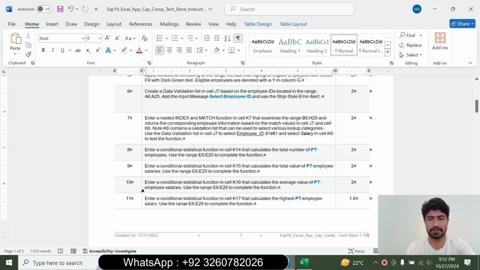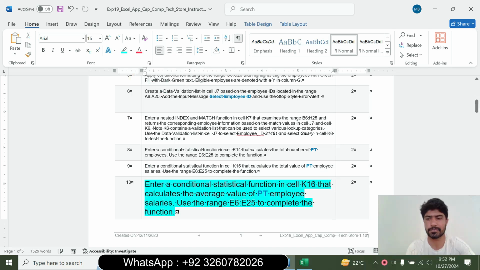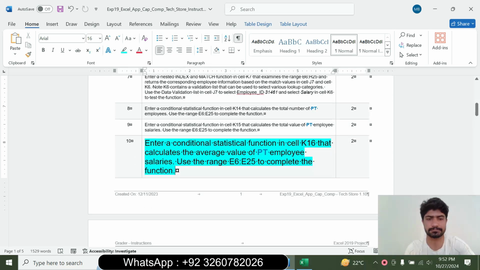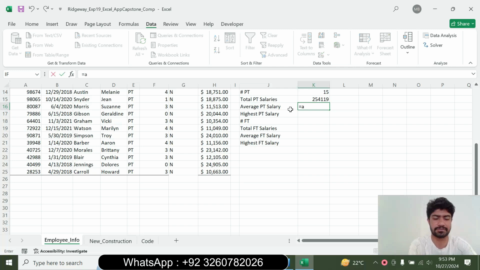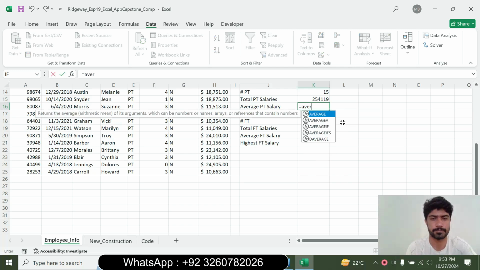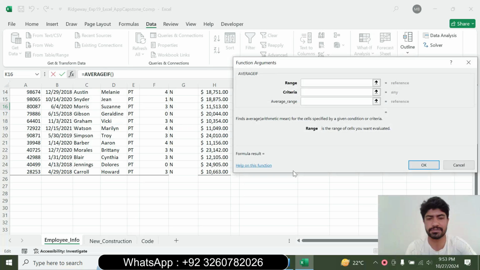We can move to the question number 10. So question number 10 is enter a conditional statistic function in the cell K16 that calculates the average value of PT employee salaries. Use the range E6 to E25 to complete the function. In the cell K16, select the cell K16 and type equal to, type the AVERAGEIF function. Open the AVERAGEIF function dialog box